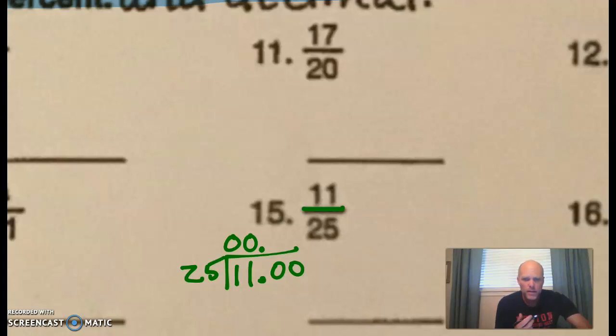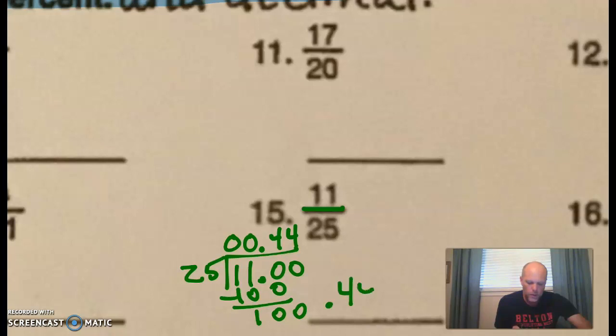Let's say 110 is $1.10, just to help us out, and the 25 is quarters. Well, how many quarters fit into $1.10? 4 of them makes $1, right? So we've got 100. We subtract 1, 0, 0, and again 25 goes into 100 4 times. We just turned it into a decimal, right? There it is. Okay, so let's go ahead and write that down, but I'm also going to show you a